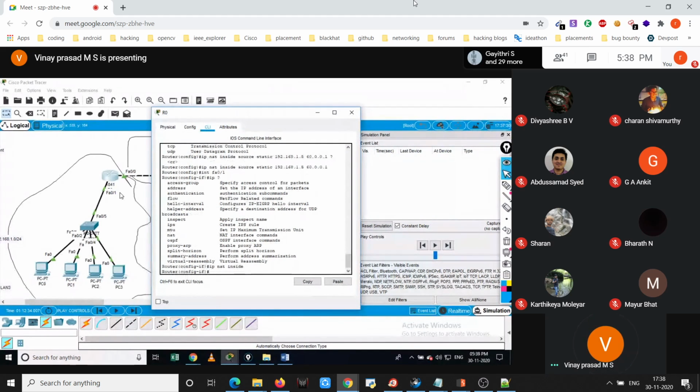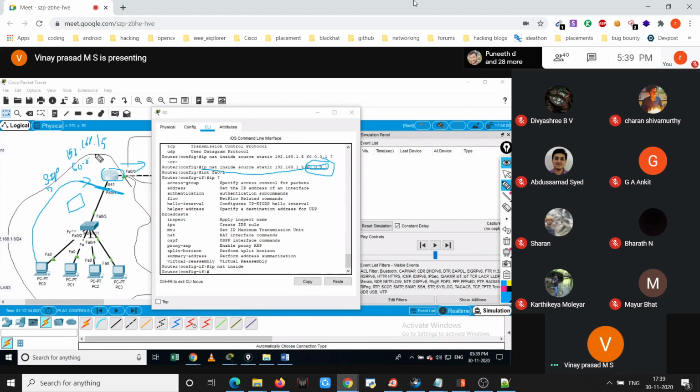That means I'm implementing this NAT on the interface. These are the NAT rules which I have written. If any packet comes to this router with the source IP 192.168.1.5, I should change that to 60.0.0.1, and it is static. Every time this device sends packets to an external network, outside the network, it goes with 60.0.0.1. It will change that address to